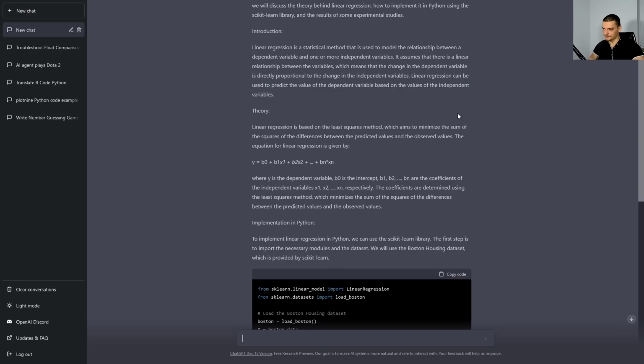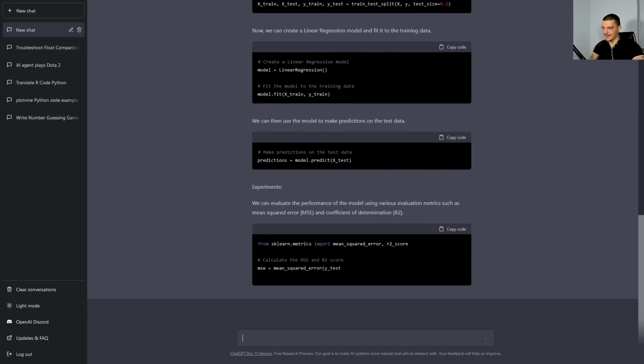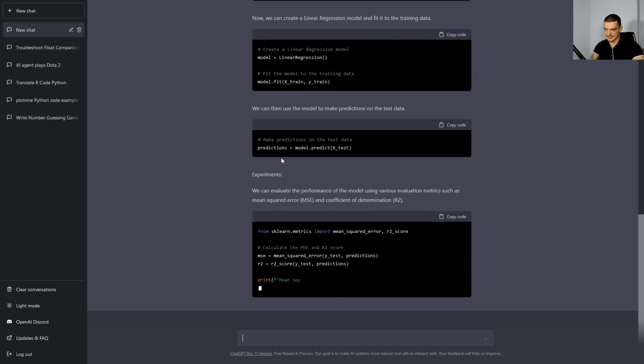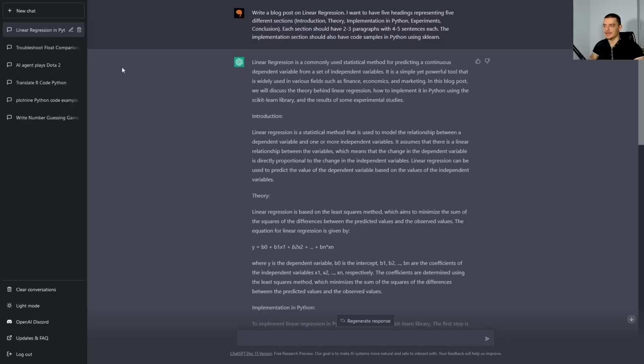And you can see that this is quite impressive. It just gives me a blog post blueprint, at least, that I can use to write something. And to be honest, now it stopped writing because probably the response is too long, and I think for the preview it just stops. But actually, I have used ChatGPT for some of my videos, not because I'm incapable of doing the videos myself, but